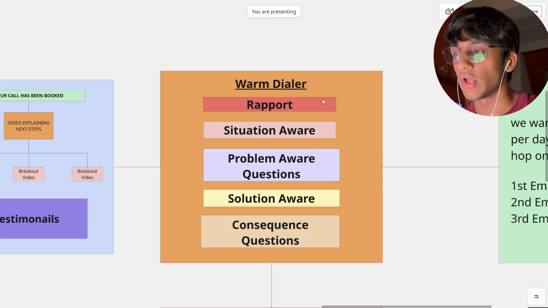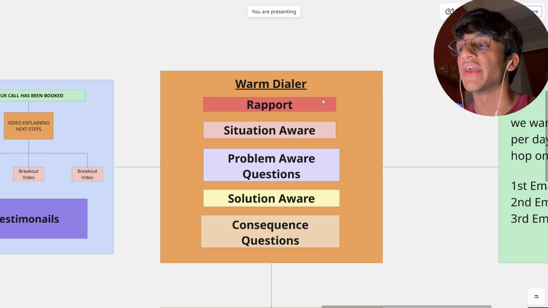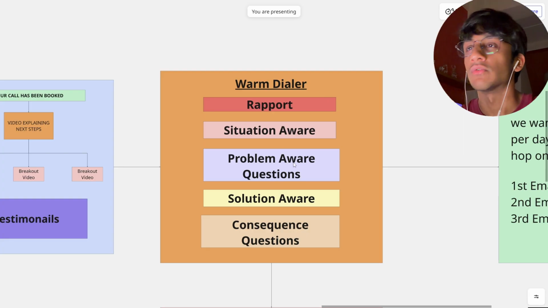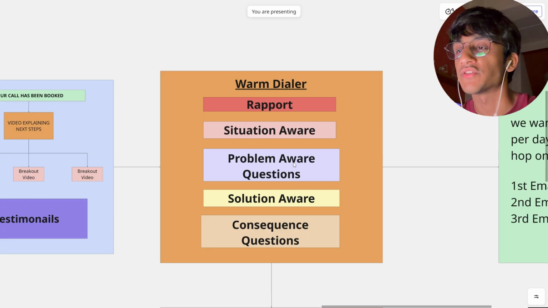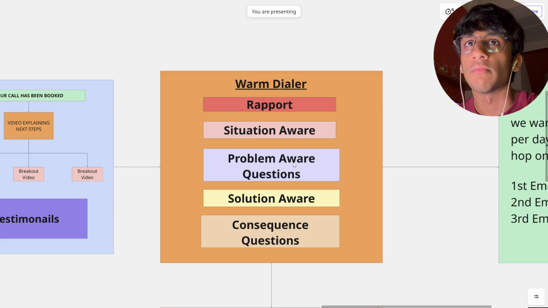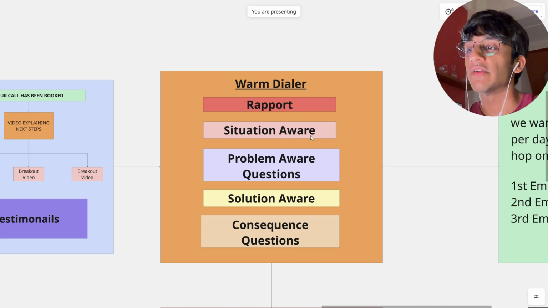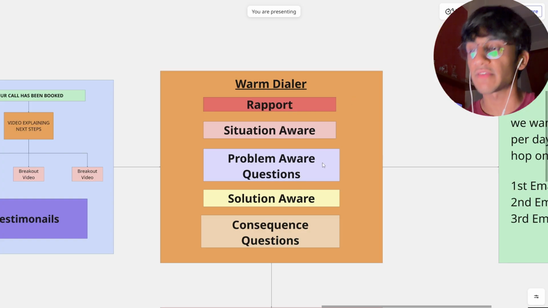Firstly, they build rapport through the warm dialing script that they have. They understand the prospect's situation and why they booked that call with you, and they understand the problems that they have. So maybe if you're running a marketing agency and you are helping real estate agents or real estate brokerages, a lot of the problems within the leads that you get would reside around lead quality, lead inflow, and just overall quality of the leads, right? So those are the problems that you're going to hear all the time, and your warm dialer needs to understand all of that. He needs to build the rapport, understand their situation, understand their problems,